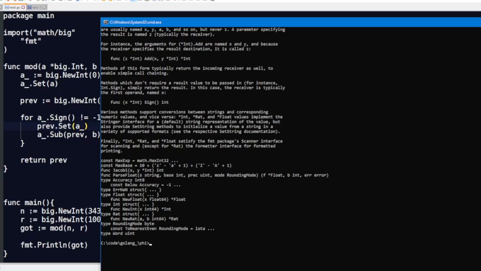So here, if we run this code, you can see we get the result